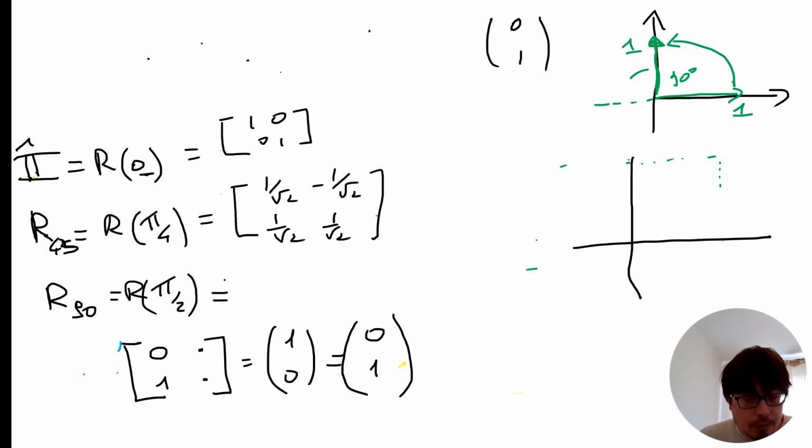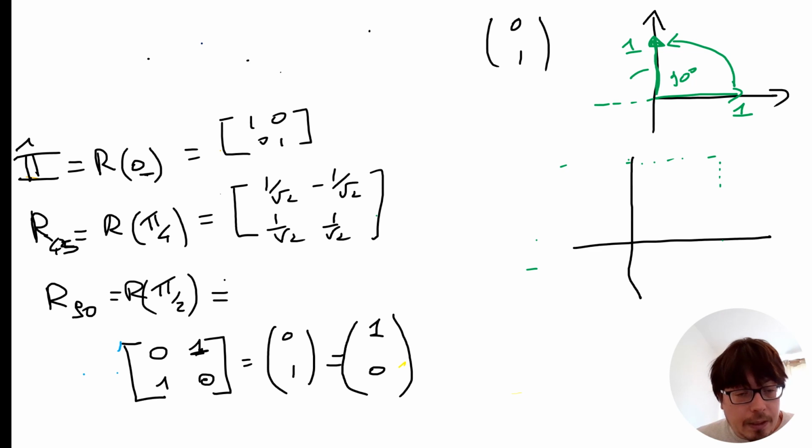Now to fix the other two, as we did before, we consider the other special vector, 0, 1. And we know what the result is, so this will be easy enough to find. This will be a 1, and this will be a 0. Because if we do the full multiplication, we see what happens: 0 times 0 plus 1 times 1, this is 1 here. And 1 times 0 plus 0 times 1, this is 0 here. So this matrix actually moved the vertical to the horizontal and the horizontal to the vertical, which is correct, because